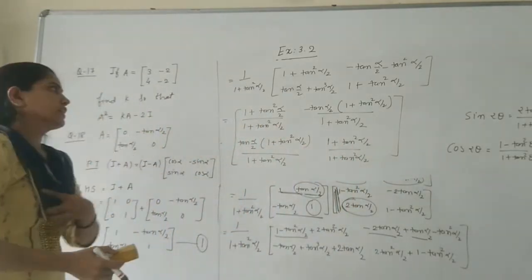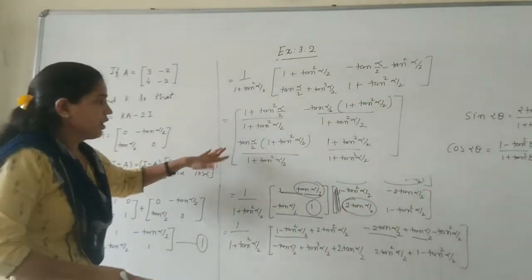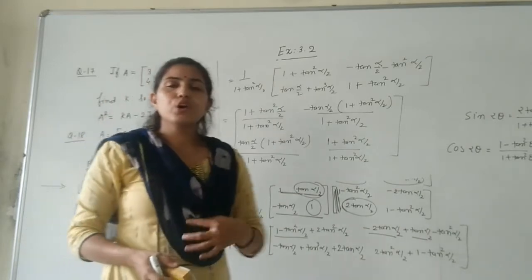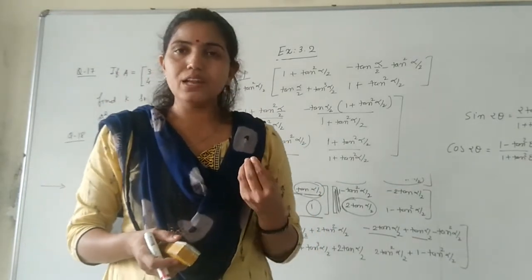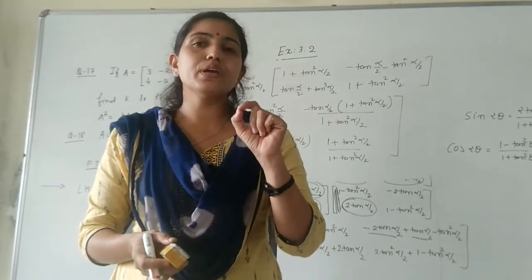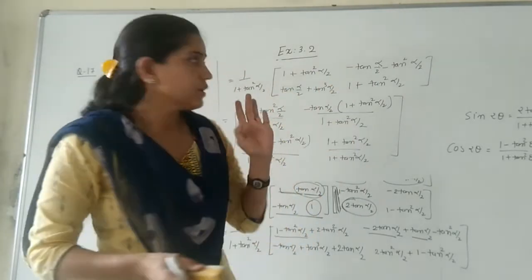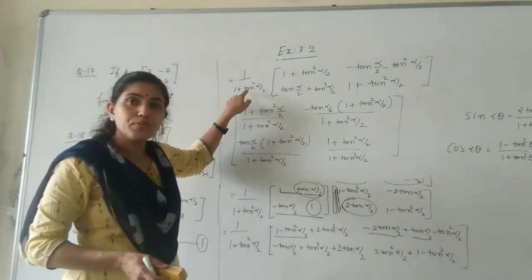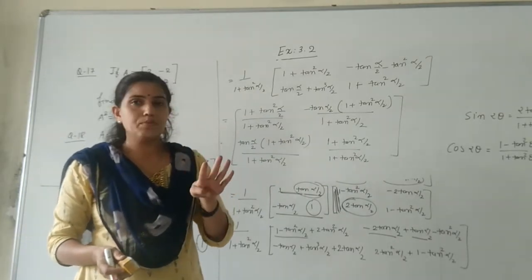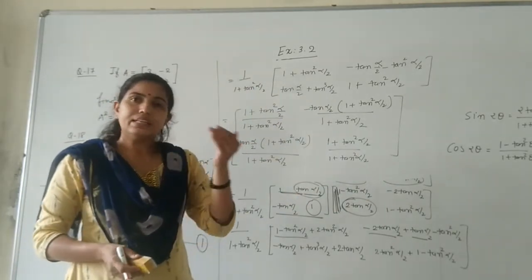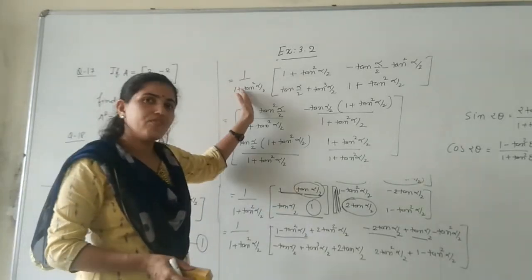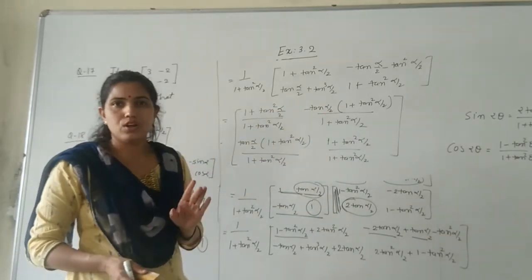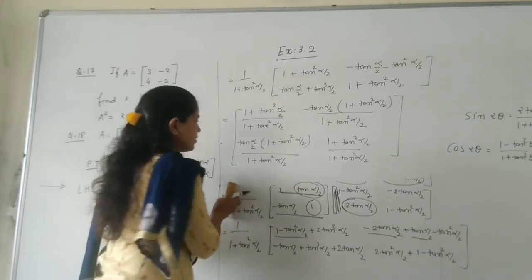You understood, students? This step is most important, how to simplify. What we have done is this 1 plus tan square theta I have taken out of the matrix. Whenever we are multiplying the matrix or taking common any element, that means that element must be multiplied with each and every element. Here what I took common was 1 plus tan square alpha by 2, because it is in all the 4 elements. That's why we have taken it common. Similarly, when we are going to multiply any element, you have to multiply with each of the elements, all the 4 elements. Okay. So now we have done this much.